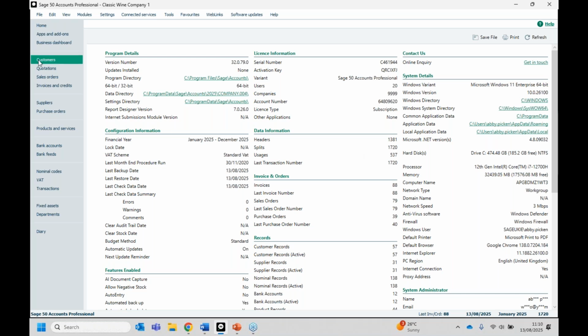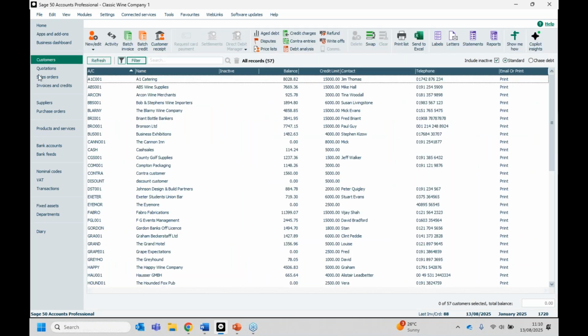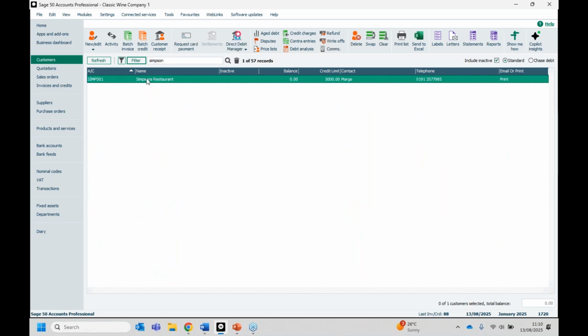So what we'll do now is we'll pop into customers, and I'm going to search. I've got a specific customer, sorry. I'm going to look for Simpson. So I've got Simpson's restaurant. As you can see at the moment, I have a zero balance. So at first glance, you're going to go, well, I can delete that record. But if I open up that customer record, I just highlight it and click activity,